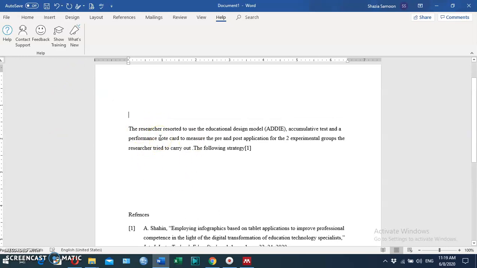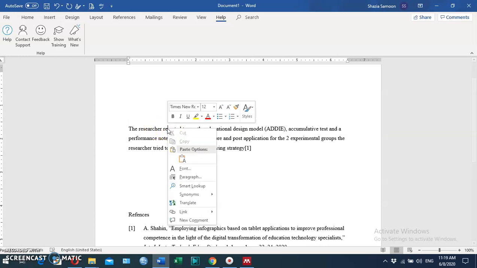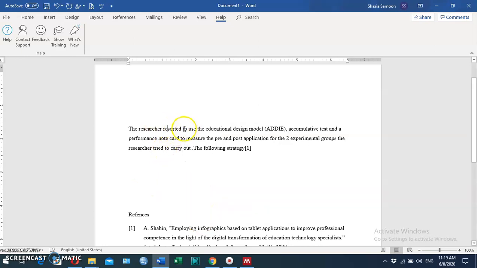For this research, rephrase it and rewrite with synonyms. I want to replace this word. The researcher explored that using an educational design model is most useful for this.